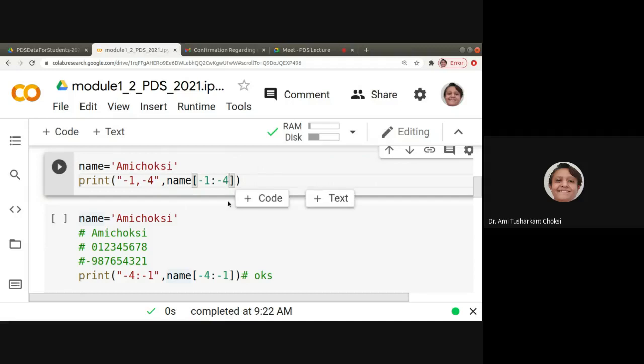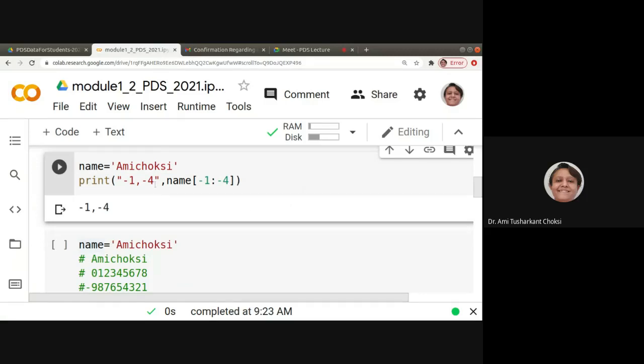This I want to use. What should be the output? Is -1 -4 part of the string? No, it is the thing I have printed here. So what is the output of this? Empty string. Why is it empty?